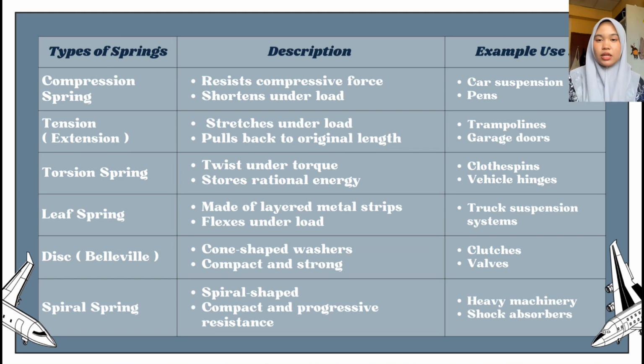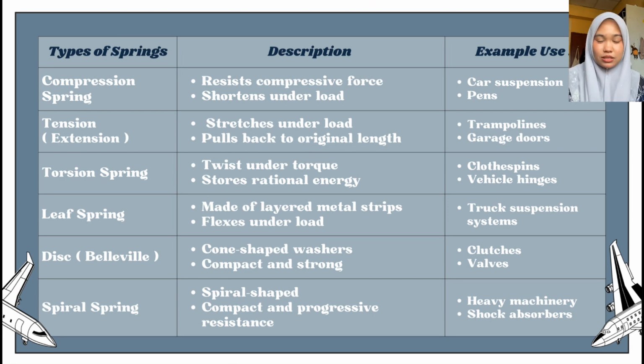You will find them in everyday items like car suspension and pens, where their ability to compress and rebound is crucial. Now, moving to the next part, we have tension springs, also known as extension springs. Unlike compression springs, these stretch under load and pull back to their original length when the force is removed. You might have seen them in trampolines or garage doors, where they help manage tension